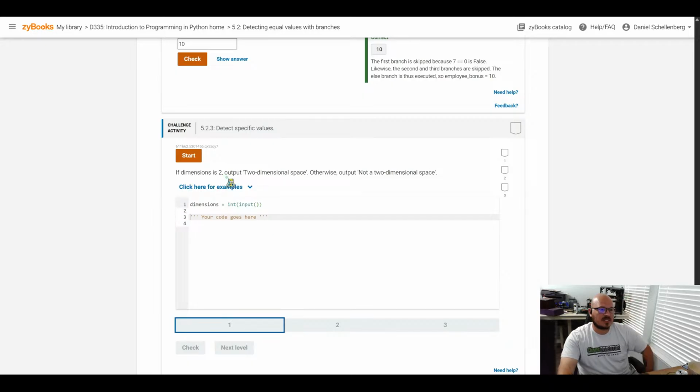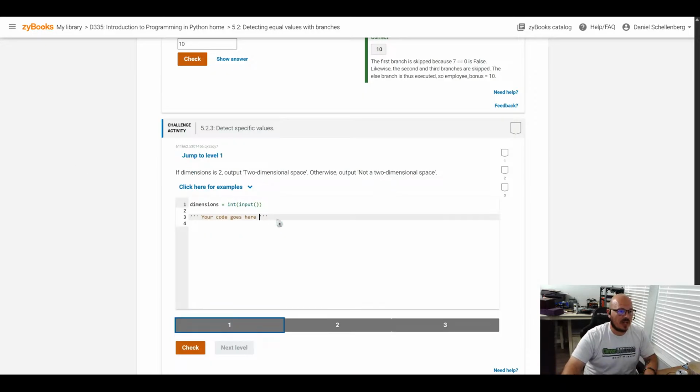If dimensions is 2, output two-dimensional space, otherwise output not a two-dimensional space. Okay, so it's wanting us to do an if-else statement here. So if dimensions is equal to 2, we will print,